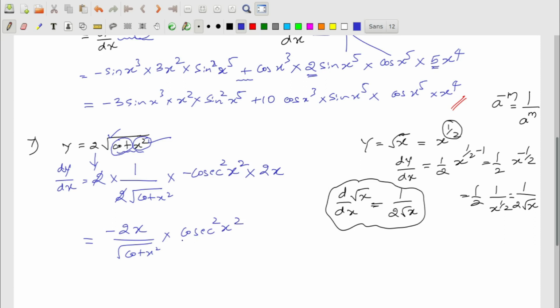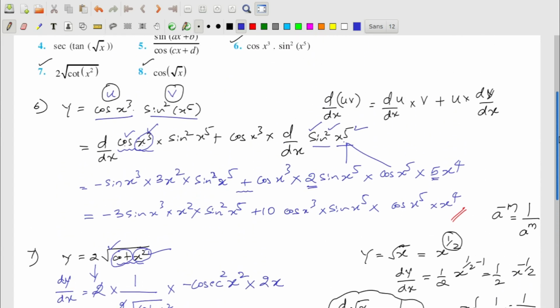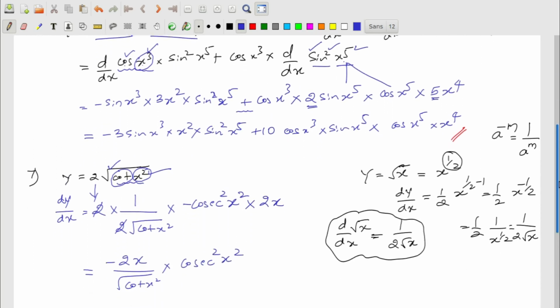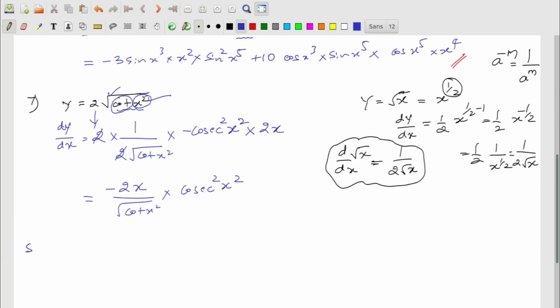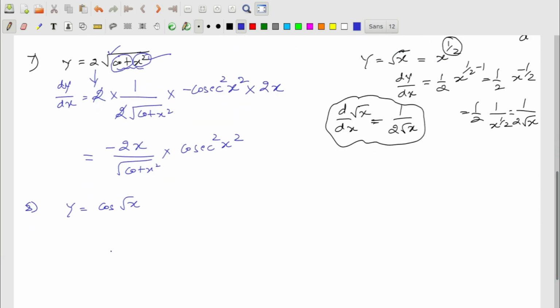Okay, fine. So let me take the last question, that is question number 8. Cos of root of x. This is simple. Compared to the previous one, this will take hardly 2 steps. Cos of root of x. If I take y is equal to cos of root of x, then